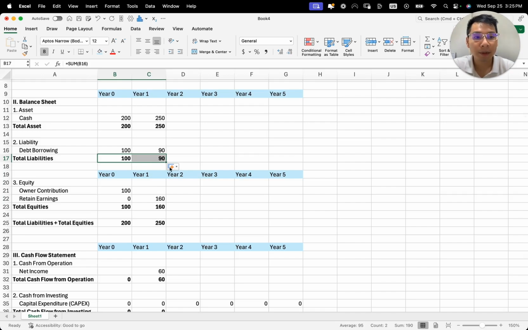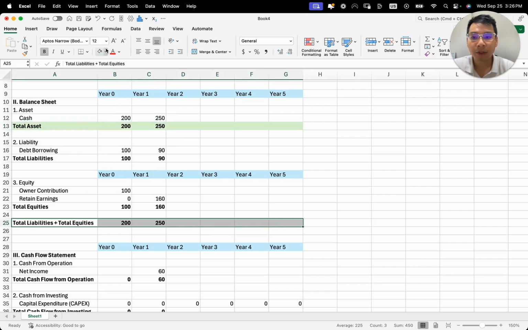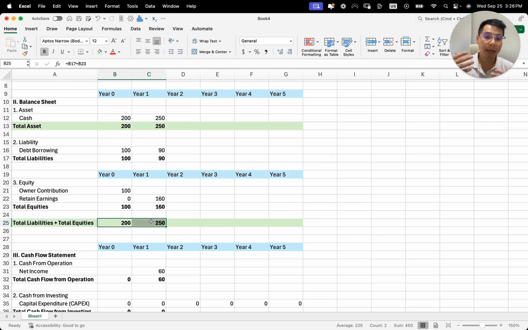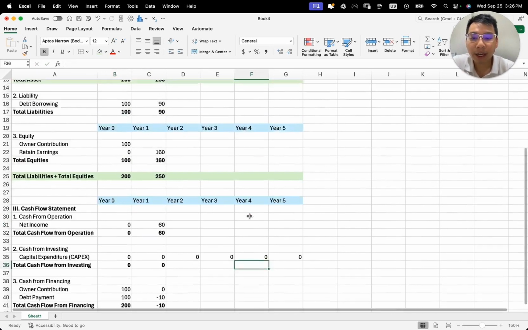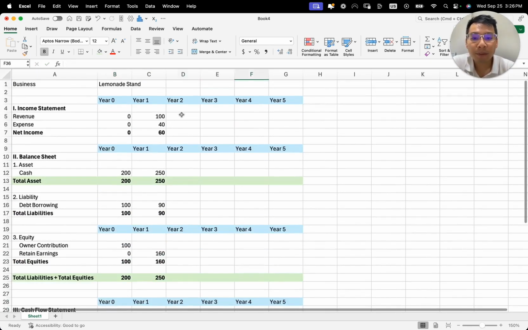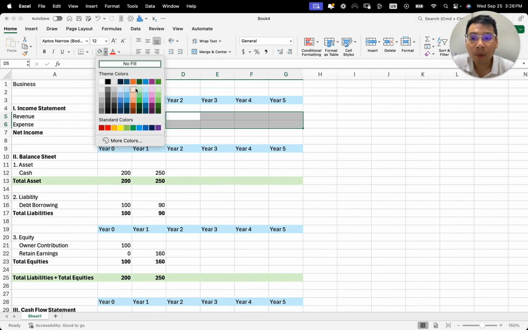Can you check what's happening? 250 is equal to, let me see, total asset and total liability and equity. It should be equal. So you see there are two periods where we are able to make the balance at the end of the year match, equivalent to each other. I'm going to add the net income. There's no net income right here. So if you set it up correctly, whatever you're projecting for the next 4 years